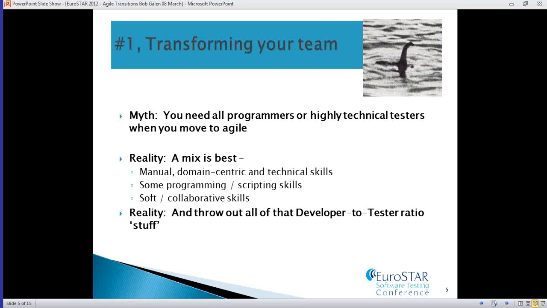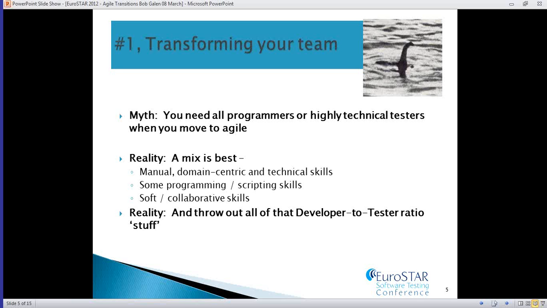I actually think that's probably the most fundamental skill required of Agile teams in this mix of skills: the soft or collaborative skills. Something I'll throw in there also is the ability to learn. You want to be growing and learning your skills all the time. You don't want to be static or lackadaisical in your skills. You want to be a continuous learner. These skills are changing, and no matter where you're at, you're constantly challenging yourself to get better.